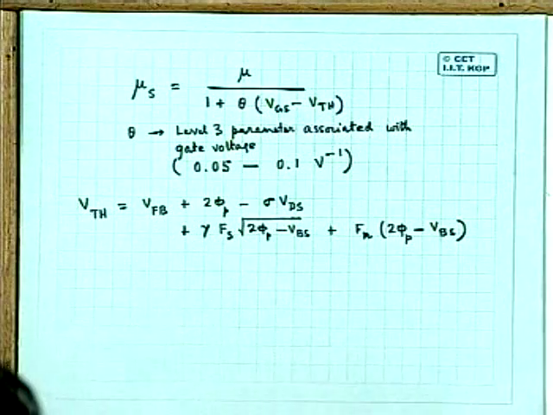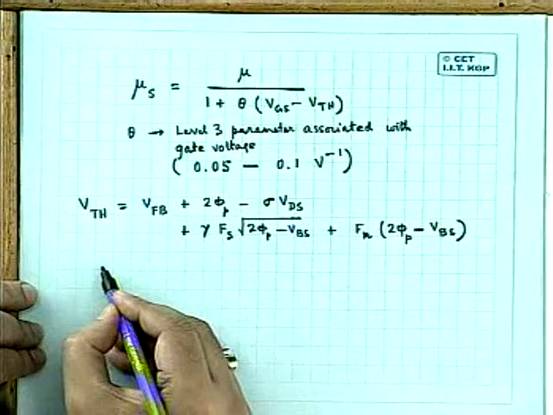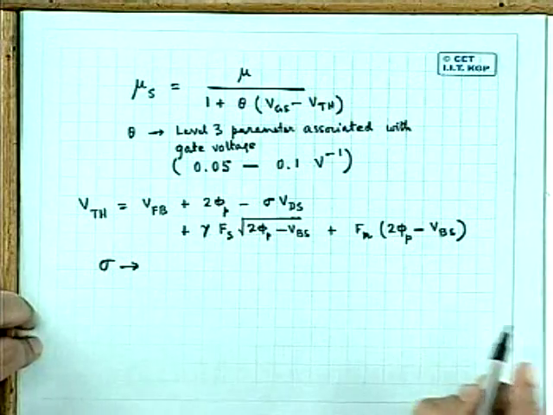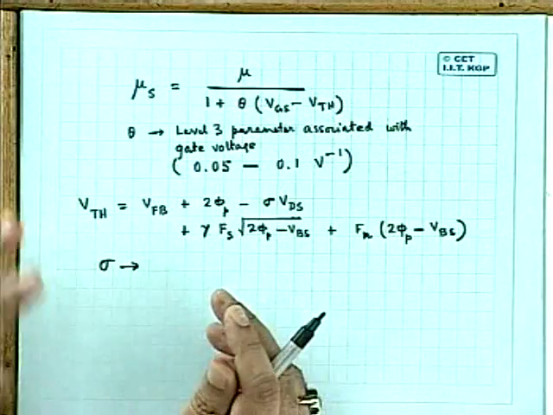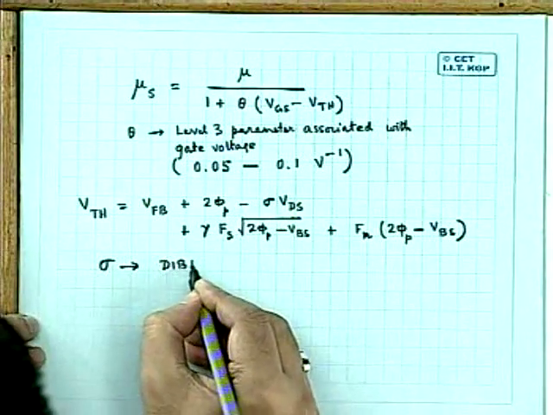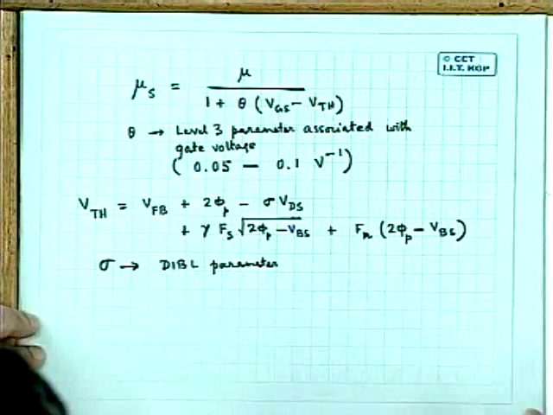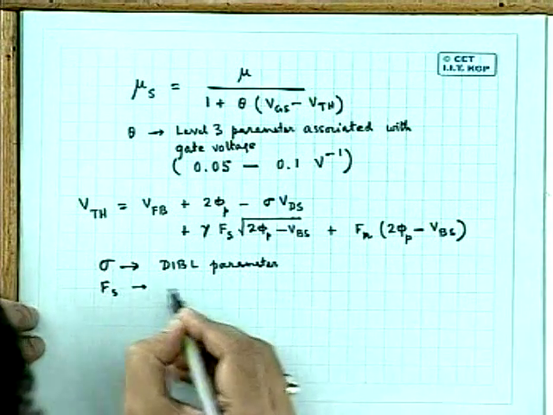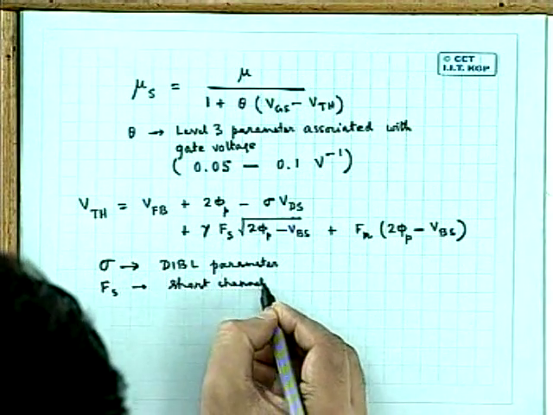VFB etc. is already defined and there is nothing special, but here you see that I have introduced a term sigma. It is a level 3 parameter which is associated with drain-induced barrier lowering. So I call it the DIBL parameter. In fact, the short channel parameter, which I have already told about, short channel parameter,